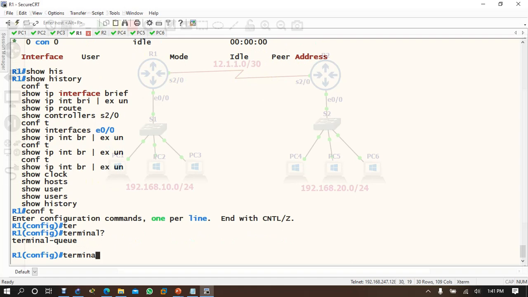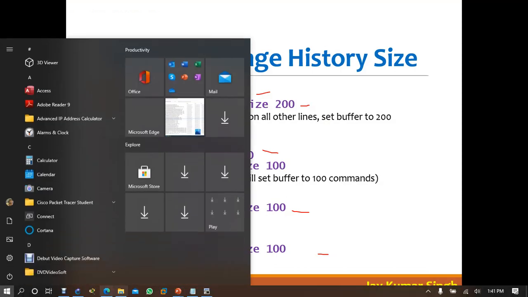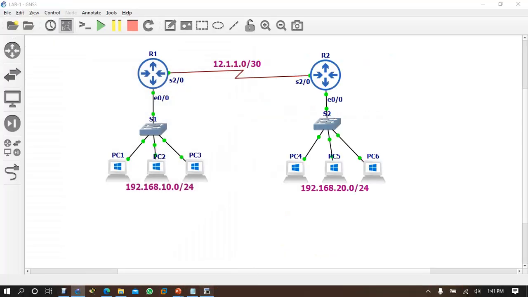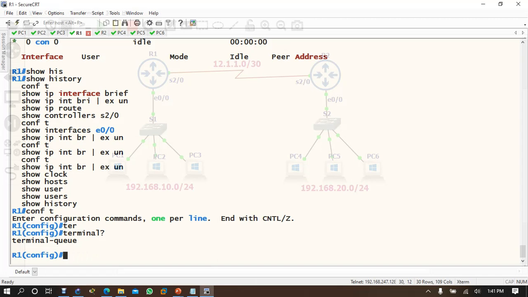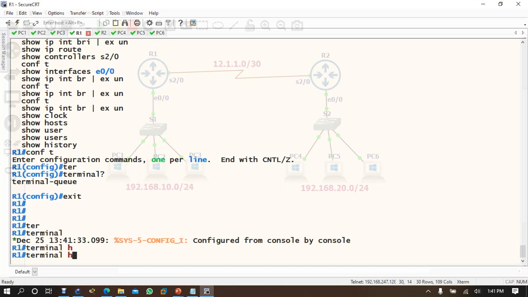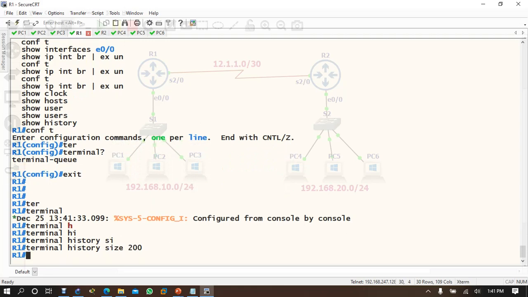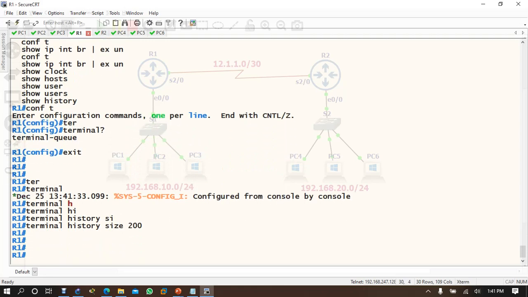Sorry, it is a privilege mode command, and I am configuring in configuration mode. Terminal history size 200. Now it has been increased everywhere.